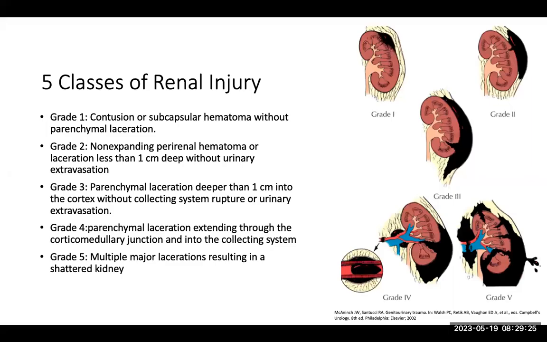So there's a couple classes of renal injury. Grade 1 is just a contusion to the capsule without any laceration. This is the majority of sports injuries. This may or may not present with hematuria, but flank pain is usually present. Grade 2 is a non-expanding hematoma. It's contained to the retroperitoneum, and there may be a laceration that is smaller, less than a centimeter deep. And then grades 3 to 5 are significant trauma or injury,